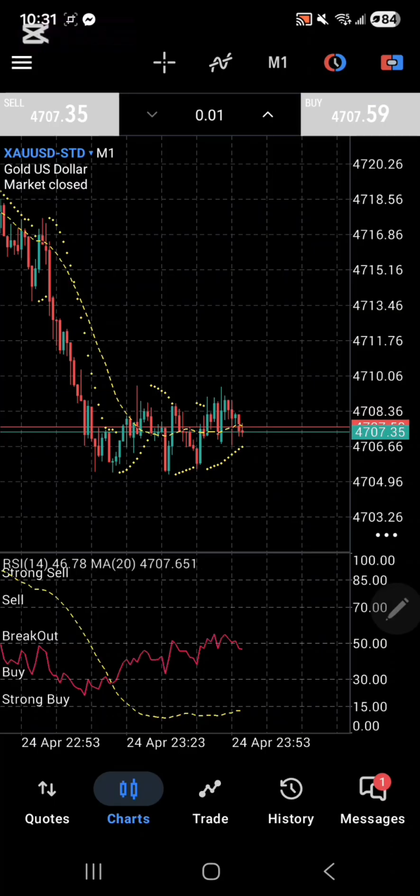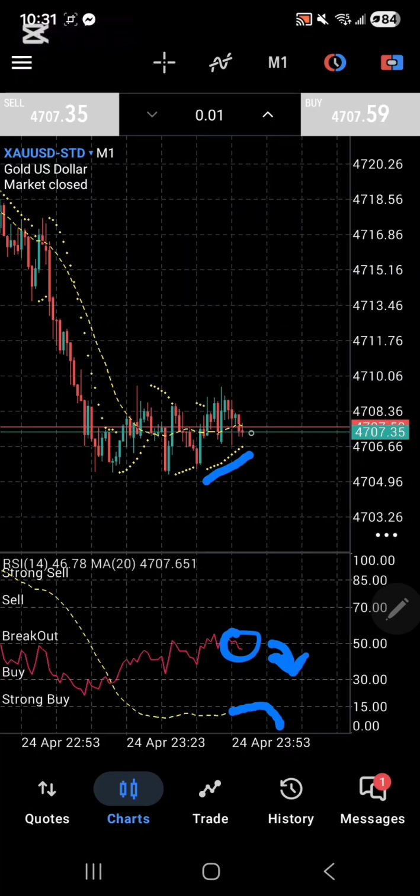So this is how I use the dots. I'm looking at the dots here, and I'm looking at the moving average. If it starts to dip like this, and then the RSI starts to go down, showing the seller's strength, I am considering a sell.